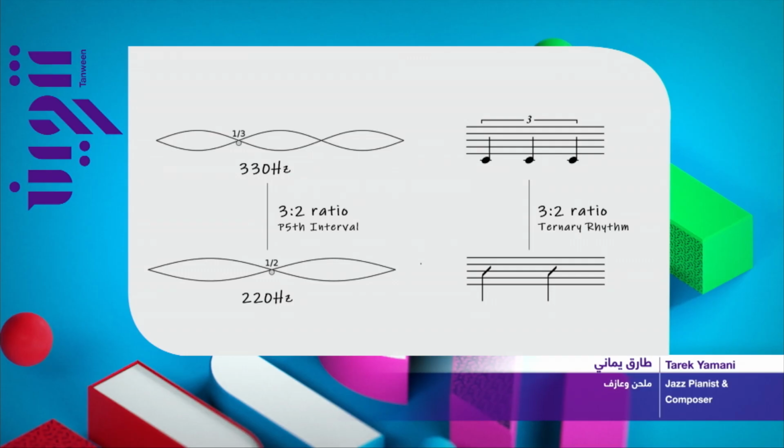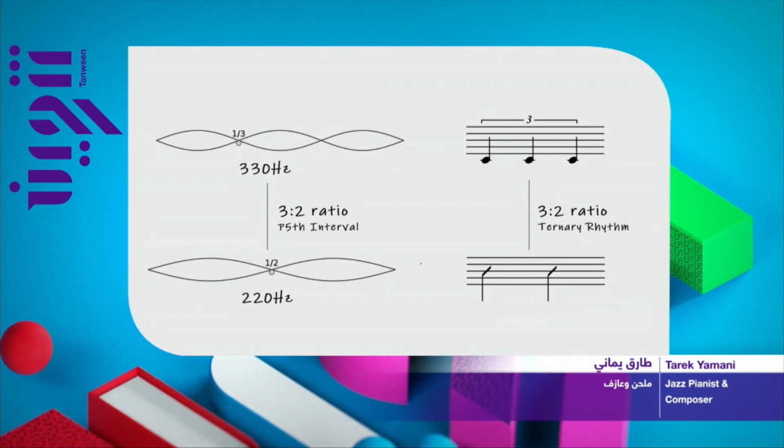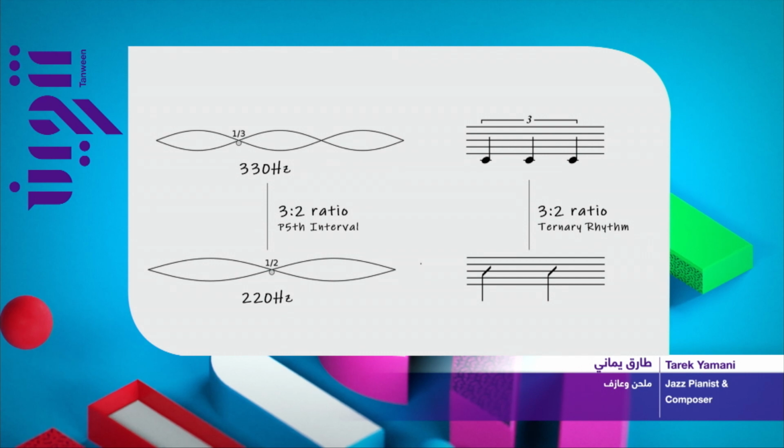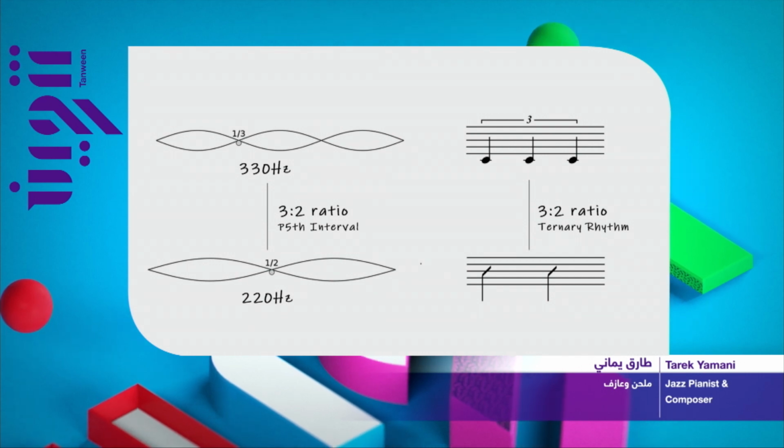Here it doesn't sound as beautiful, but these notes, when I sped them up so fast, are now vibrating at a frequency that, for example, here is 330 hertz, meaning 330 times per second. So any sound that you find in nature, if you can play it at 330 times per second, you will hear the note of that sound. So here, everything is playing so fast that it sounds like this chord.